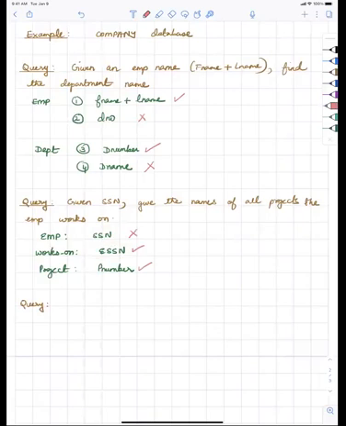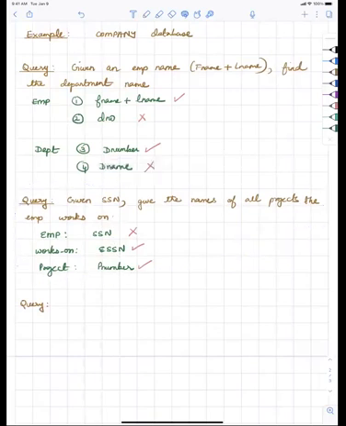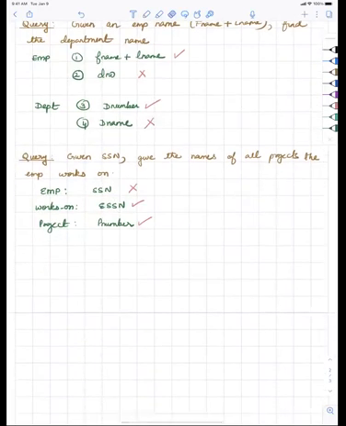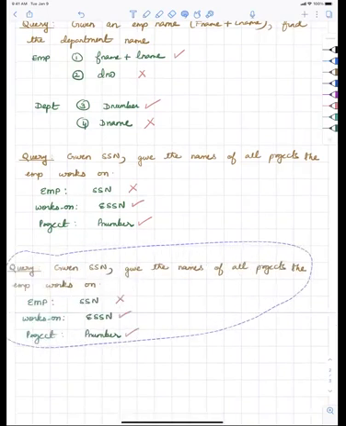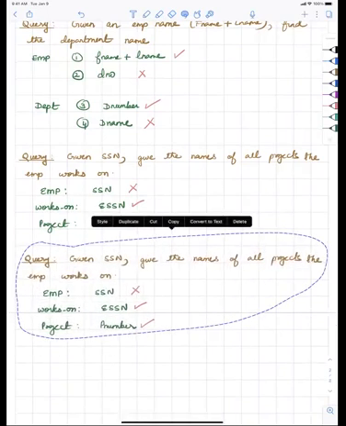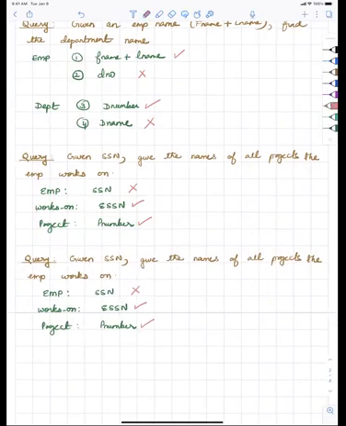So this next query is exactly the same as this query. I'll just copy it instead of writing the whole thing down. Okay, but here, instead of social security number, I'm going to say given the first name plus last name, give the names of all projects the employee works on. So let me just take a second. And here on the employee, I'm going to have